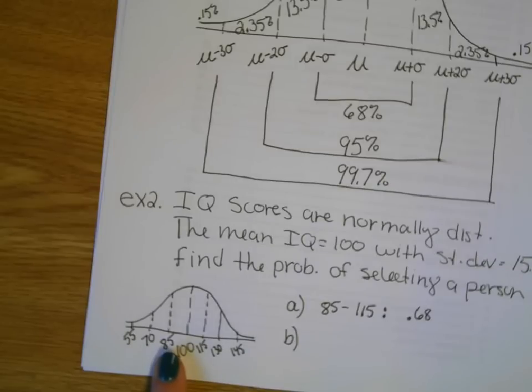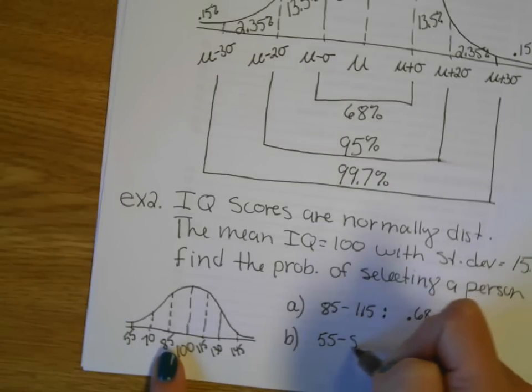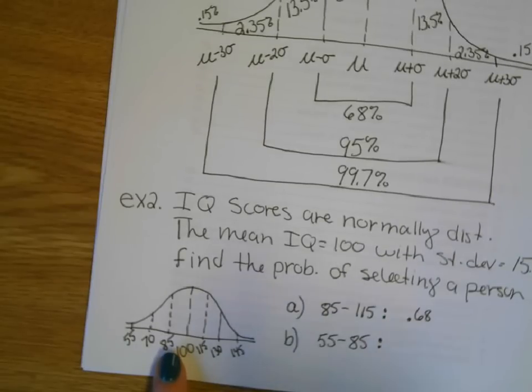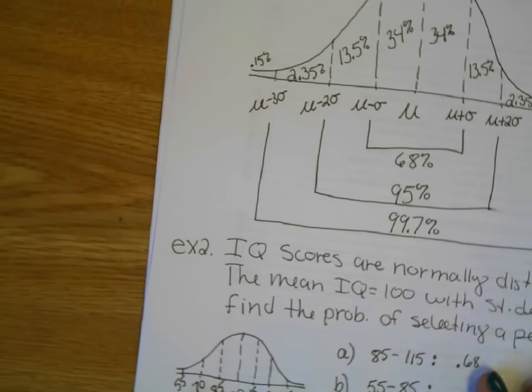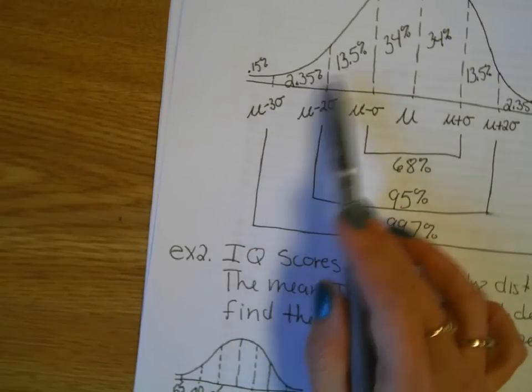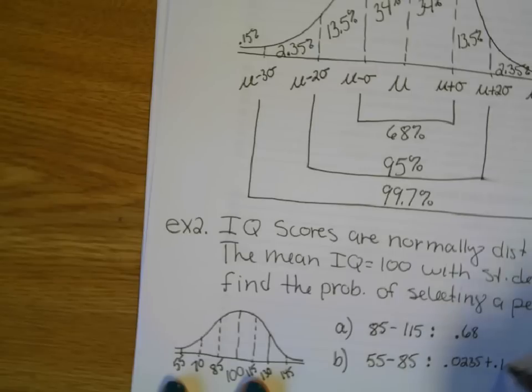Okay, what's the probability your person has between a 55 and 85 IQ score? So all we're doing is adding the chunks of the graph from the top part that we did there. So where is 55 to 85? What parts do I need to add together? Yep, so it's going to add those two together. So if I do decimals, that's 0.0235 plus 0.135. And we get